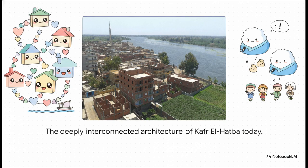You can actually feel that same fierce loyalty today. The dense, deeply interconnected modern architecture of Kafr el-Hatba literally hugs the Nile, reflecting that tight-knit community. Interestingly, the source narrative uses this cultural unity to draw a really sharp contrast. It impartially highlights the deeply rooted, traditional locals who serve the town daily, and contrasts them against visiting politicians, who are referred to metaphorically in the text as strangers in blue robes. According to the local sentiment, these outsiders supposedly only appeared during election seasons to make noise and exploit the village's